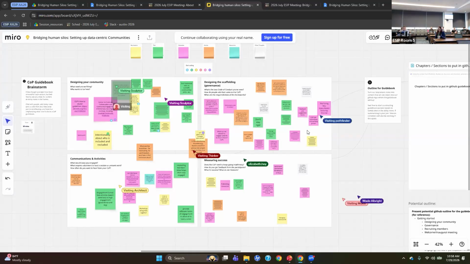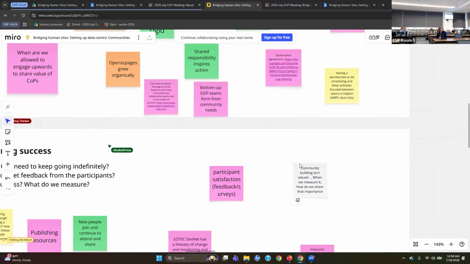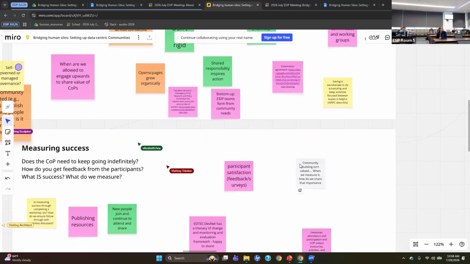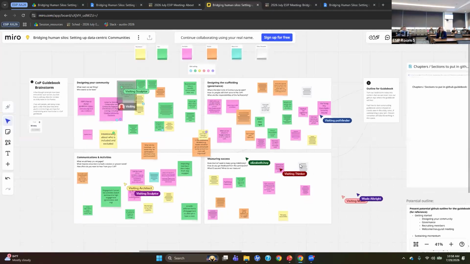I also wrote some other tips. Sometimes when you're trying to keep that community together and it depends on other people approving it, how do you report out the measuring of success? It is really important to have that community supported from above. So that goes back to the funding and respecting people's time piece that I saw in some of the what works and what doesn't work for these as well. So those were just some of the things.